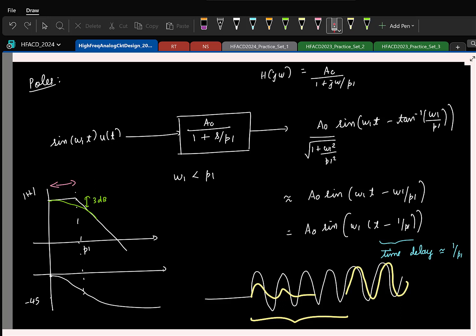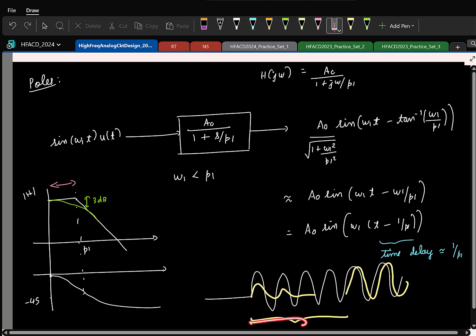What we are plotting is just a steady state output. We haven't mentioned anything about transient. When you apply the input suddenly, something will happen. It will slowly build up based on the natural response of the system, and then you will have a case where it looks like the sine wave is delayed by 1 by p1. So essentially, if you add a pole, I can qualitatively say that I am adding a delay in the system,